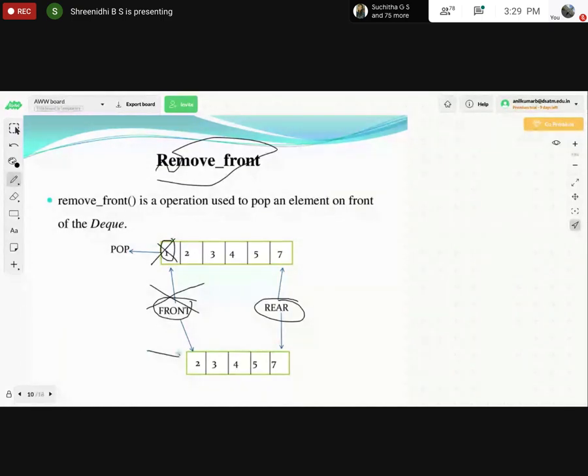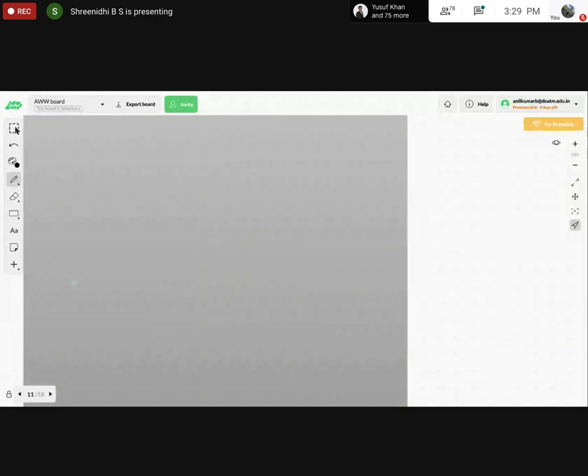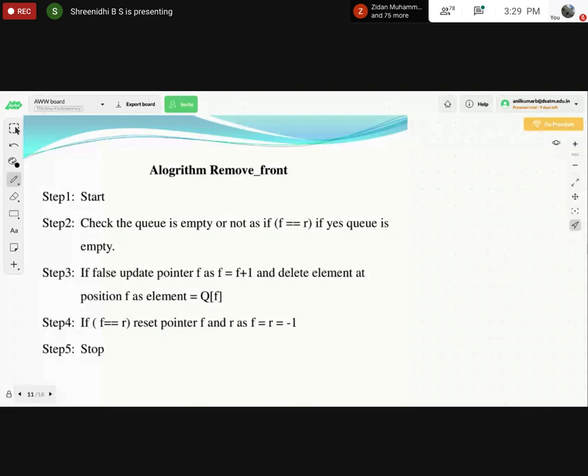You can see the representation here. The first element is popped out of the queue. We'll see the algorithm of this, how it is working. Make a note of it. I will ask the question at the end on how it is working.